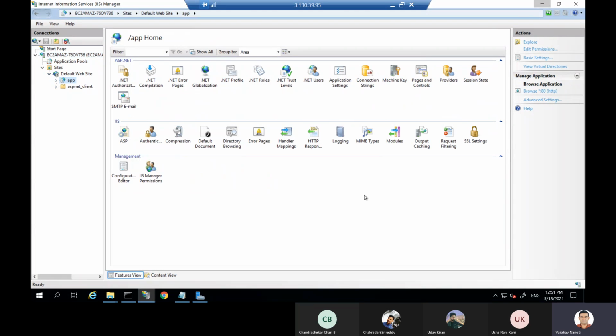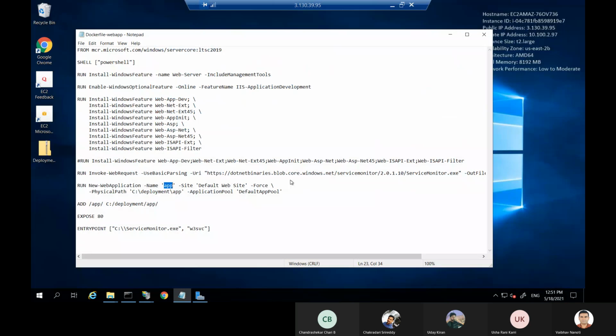In that app pool, we require the default website, and the application pool should be default. This is the set of instructions where I mention to create the web pool, then assign the default app pool and the physical path. That happens by using the PowerShell script. This is the PowerShell script I am going to execute using the run command in the Dockerfile.